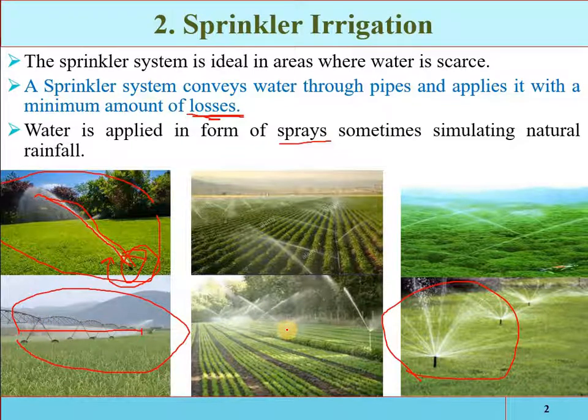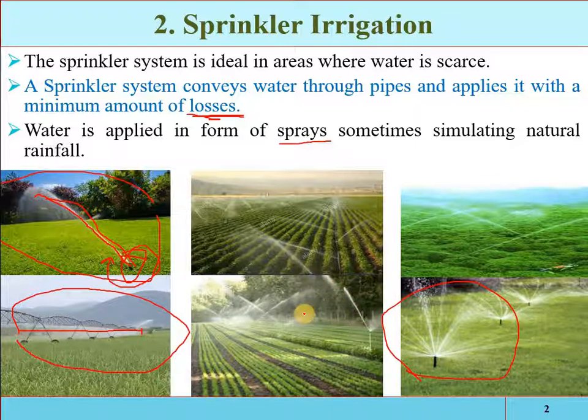So in sprinkler irrigation, a type of artificial rainfall is generated, the water is applied in a controlled manner, and almost all types of losses are reduced. So this is an example of a pressurized high efficiency irrigation system. Remember again, the selection of the method will depend on the area and the type of crops, like what type of method will be selected within the sprinkler irrigation system. But overall, the sprinkler irrigation system will be more useful where the land cannot be prepared for the surface method.